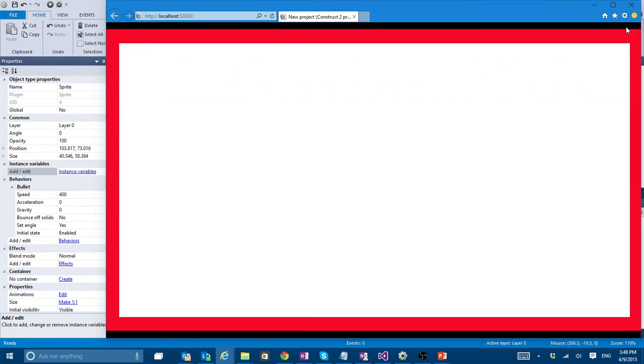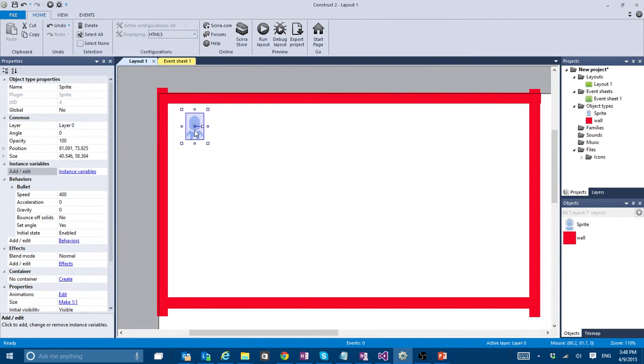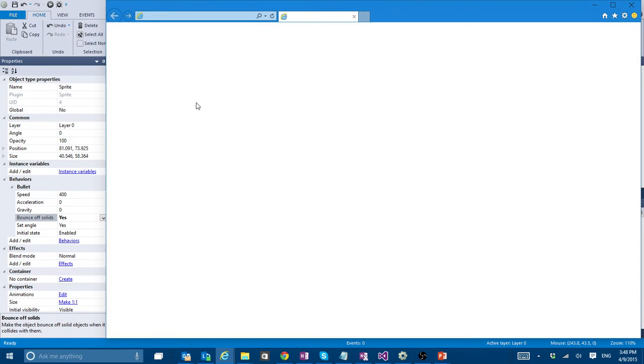You see? Now, perhaps, well, the speed is okay, but the important part, and this is when my game, in this case, is going to be called Bouncy Aliens. When it gets to this wall, that is a solid, that I already said is a solid, it's not doing anything. So how do I change that? Well, that's a property of this behavior. So in this case, I'm going to say bounce off solid, yes. So if I try it again,